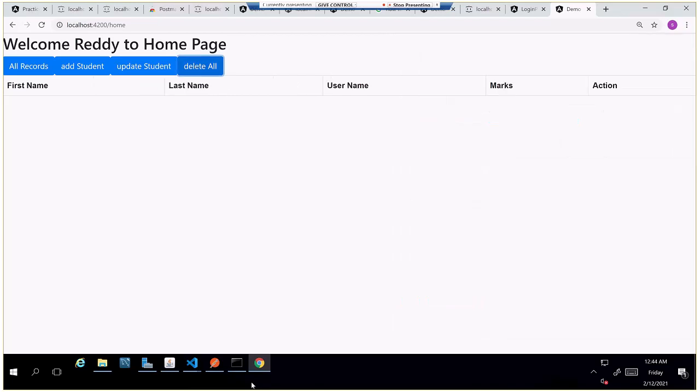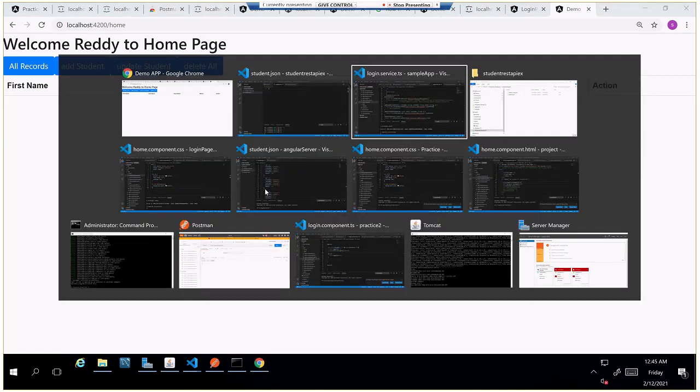But this is JSON server. Actually, it is not supporting deleting all records at a time. That's why we are making different APIs for each student. Got it. So we're calling it separately for each ID, for each record.